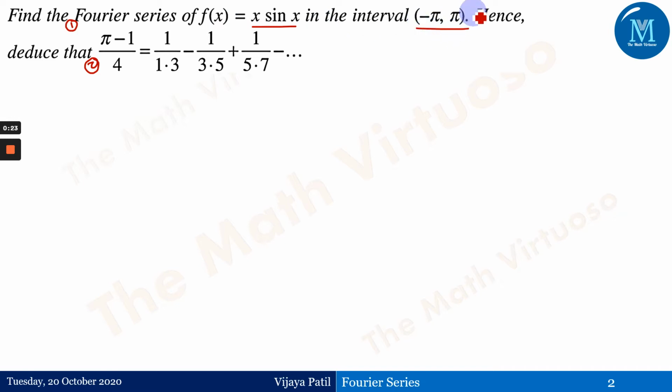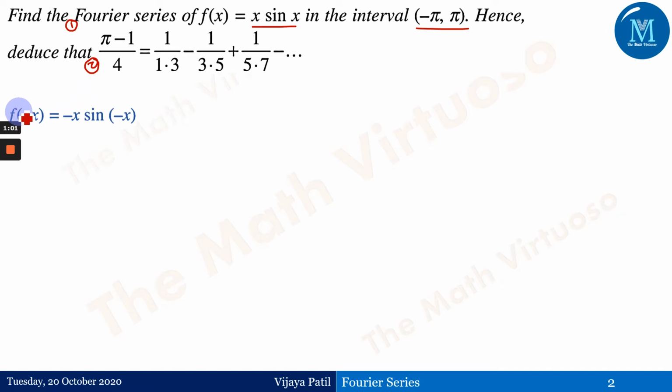Now if you observe, this interval has been given to us as minus pi to pi, so we can check whether the function is even or odd. What is the condition we defined in the previous sessions? That is, we replace every x by minus x, and minus x is present in this interval because the interval is minus pi to pi. If the interval had been given as 0 to 2 pi or 0 to pi, we could not find f of minus x because we do not have the minus sign at that time. But right now it has been given as minus pi to pi, so we can easily go ahead with that.